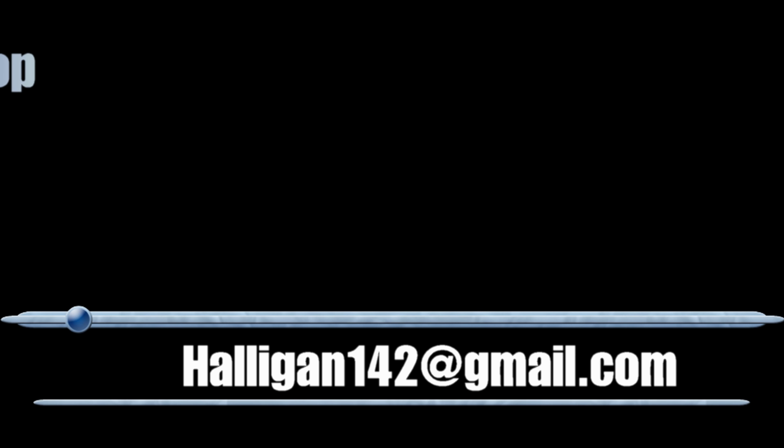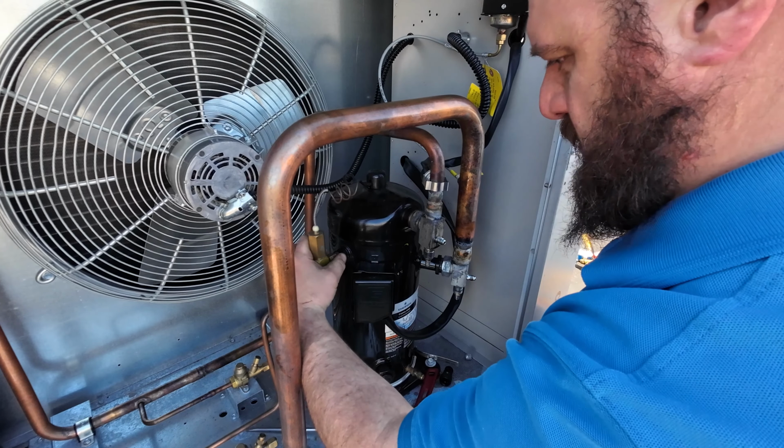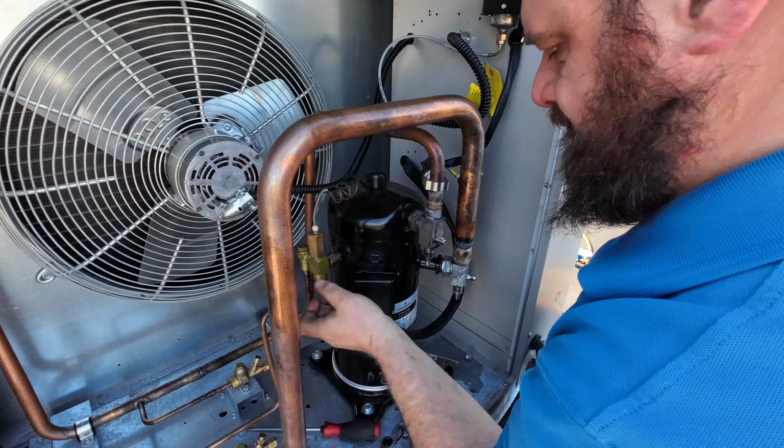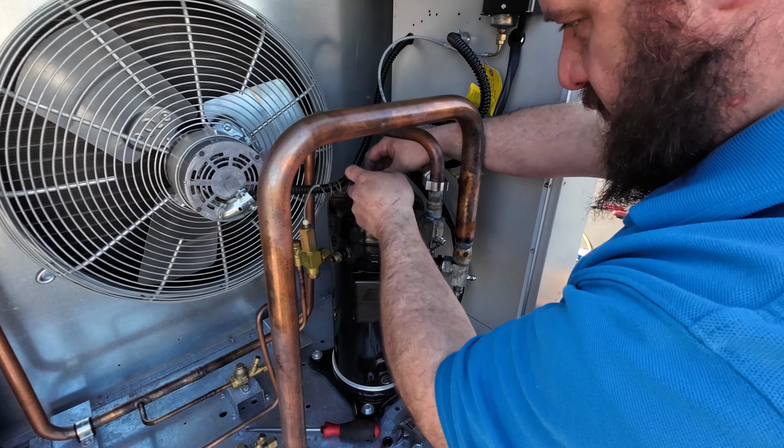All right, so now we can start disconnecting this. What we're gonna do is just start somewhere, and we'll start with this here. This is the unloader, and I might get a little puff of refrigerant just from what's built up in the oil. There shouldn't be anything off of that, just from us agitating the oil. Might have a little bit of liquid built up in it. It's a possibility, but yeah, it's not coming out of there. All right, so that's out,